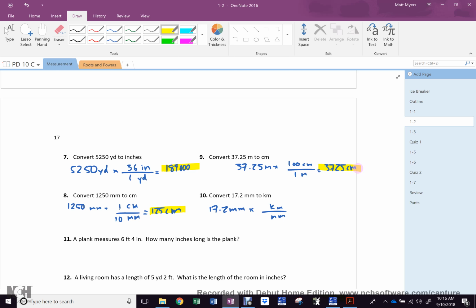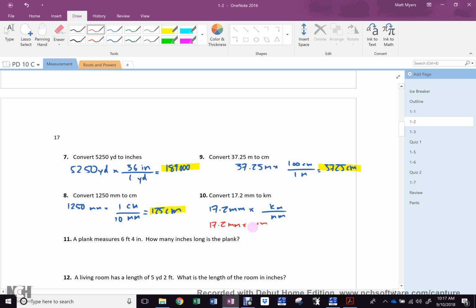Because what do you have? You do have 17.2 millimeters to what's on your chart? You have meters or millimeters to centimeters, don't you? And then you can go centimeters to meters and meters to kilometers. You could do it 4 times. You don't need to, though, because you know how many places you're moving that decimal, right? But in case you don't, you might go